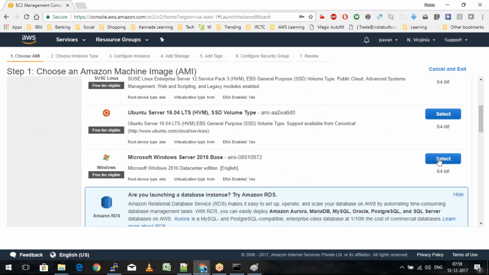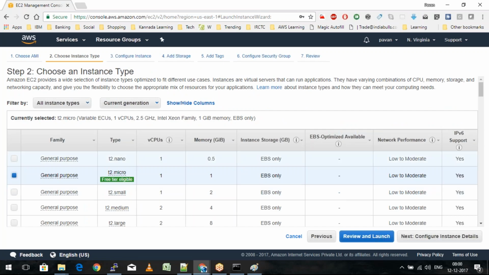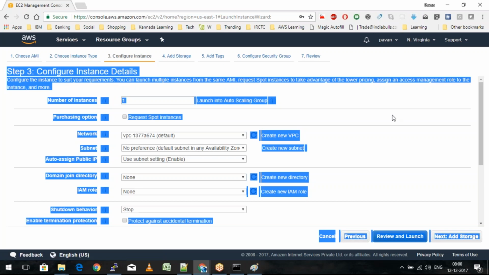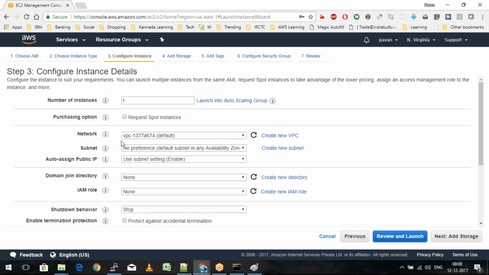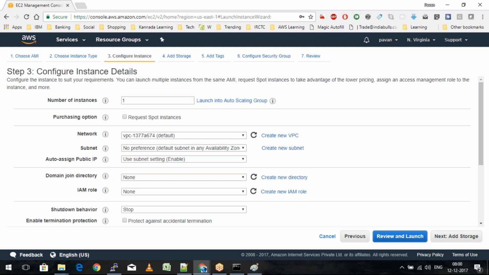And then it is going to ask me whether I am going for a free tier. I'll say yes. With 1 virtual core of CPU and 1 GB of RAM, I'm going to go ahead and launch this. In step number 3, it is asking me how many instances I would like to launch, which network it is going to be a part of, and whether I would like to have an auto-assigned public IP. Yes, I need an auto-assigned public IP because I want to connect from the